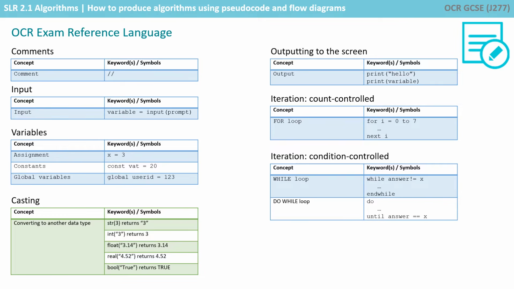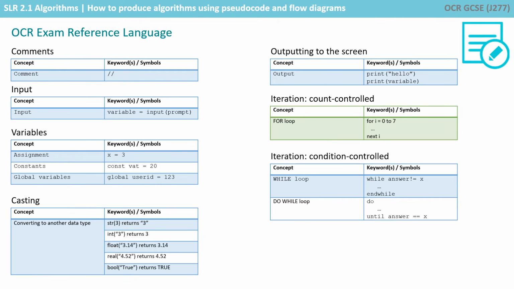Casting is about turning one data type into another. So str is used to convert a number to a string. Int is used to convert a string to a whole number. And float is used to convert a string into a number with decimal places. The reason that you have to cast variables is because in memory they were stored with different bit patterns. You output to the screen using the print command,